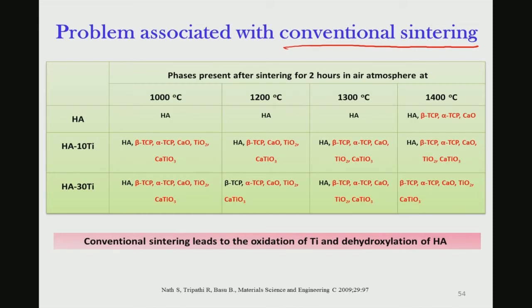What you see, that red font phases, these are different phases which are forming when it is sintered at 1000 degrees Celsius, like calcium titanate; essentially it reacts titanium with calcium oxide and so on, TiO2. Also at 1200, 1300, 1400 degrees Celsius, you see several other phases are also forming. So what it shows is that chemical reactions or sintering reactions are taking place because hydroxyapatite and titanium